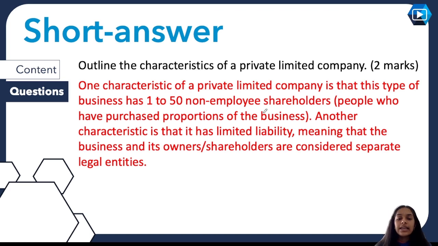I think it's quite good that they've used this signposting as well, just making it clear that they're talking about their first characteristic. So it's always good to say one characteristic is, or my second characteristic is X. That clear signposting just makes it super clear to the examiner what you're referring to, where you're going with your response. And then, they've said,